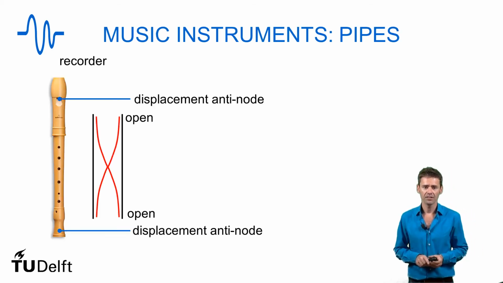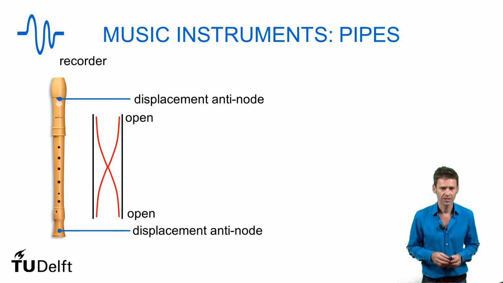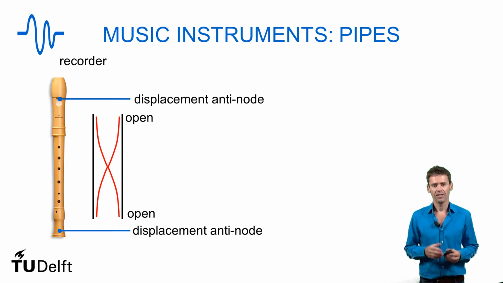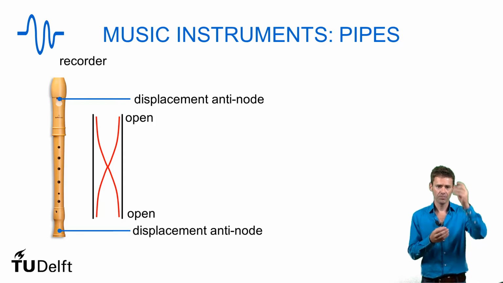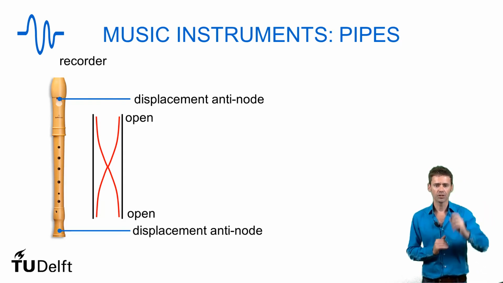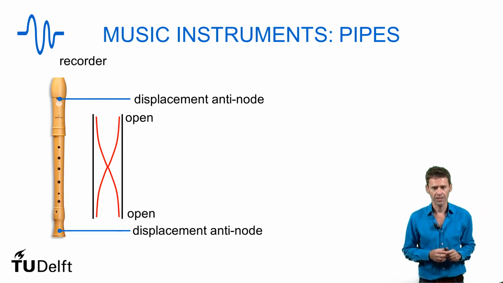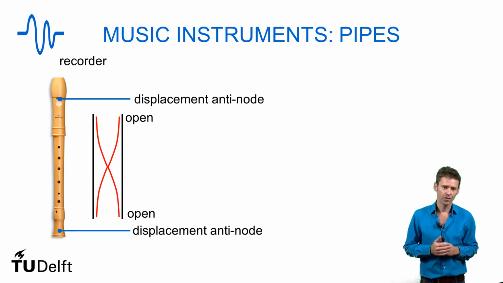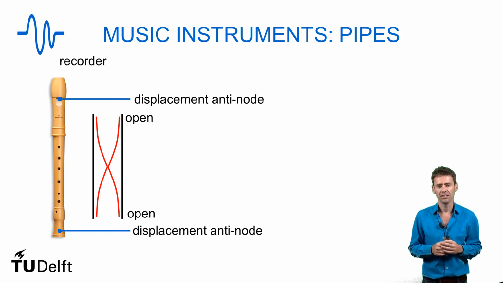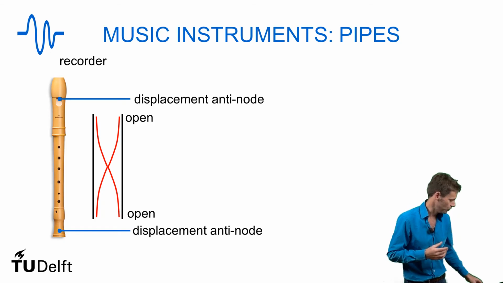Let's first look at the flute, or in this case the recorder. This is an instrument that has an air column stretching from the top to the bottom and that is open on both sides. That means it supports a fundamental mode that has a wavelength equal to 2L, just as we've seen for the strings. But you can also change the resonance frequency of the mode in the pipe. You can do this in a few ways. I will show you.